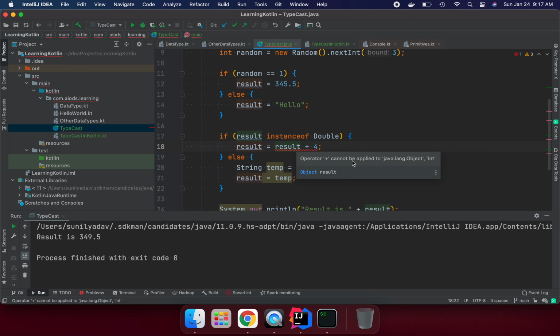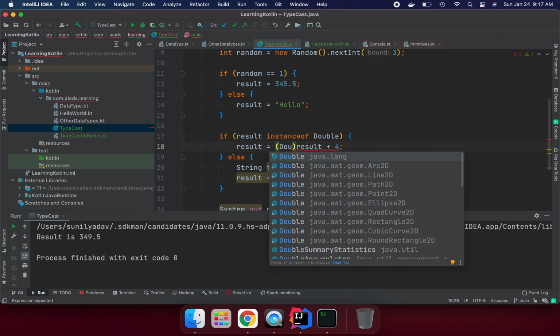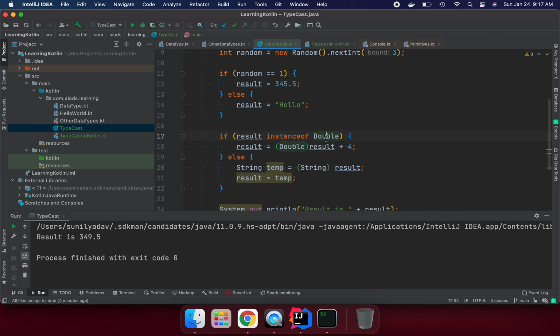So we have to explicitly typecast. Here this is double type, but ideally we should not have to say double, because in this block we know it is the double type. All right. I'm using Java 11. Java 11 still does not support this, but if you use Java 14, I believe it supports the same feature, so you don't need to cast to double here. But while I'm making this video I'm using Java 11, so I'm trying to show you the difference.